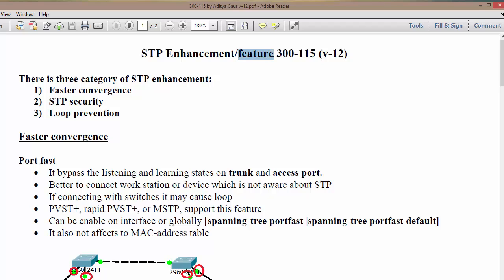If you're talking about spanning tree protocol convergence, legacy spanning tree protocol may take up to 1 minute to converge the network. Because of that, Cisco implemented a way so that you can tune your spanning tree protocol for faster convergence. So this enhancement, or feature, you can divide into three categories: faster convergence, spanning tree protocol security,